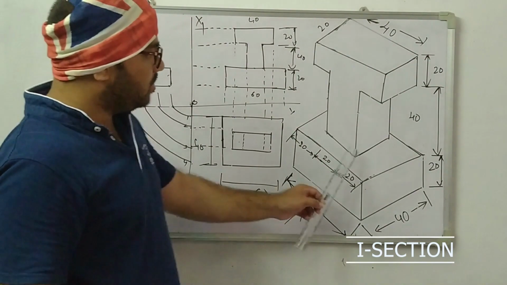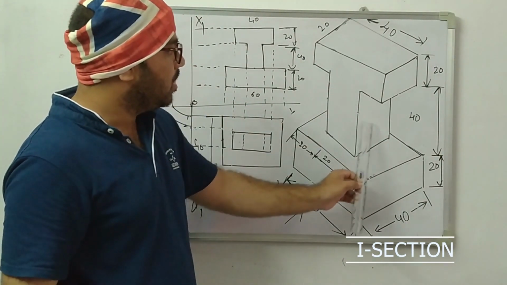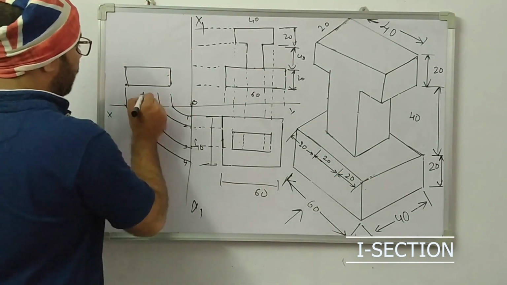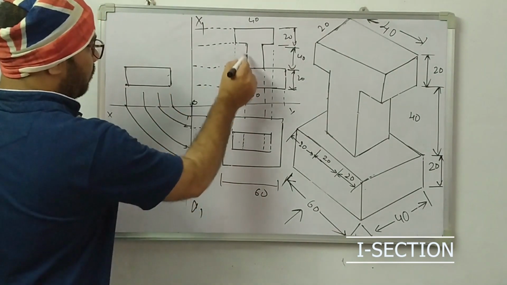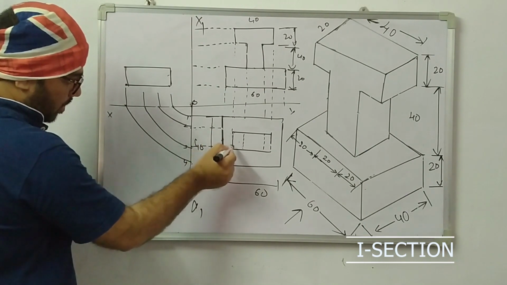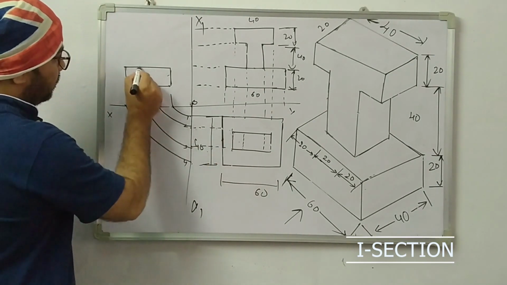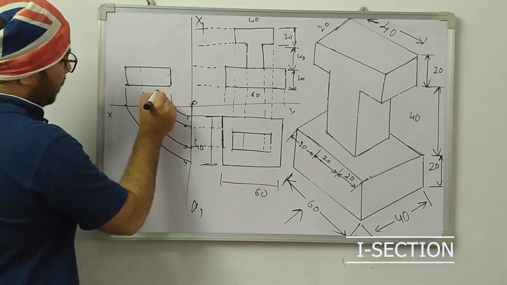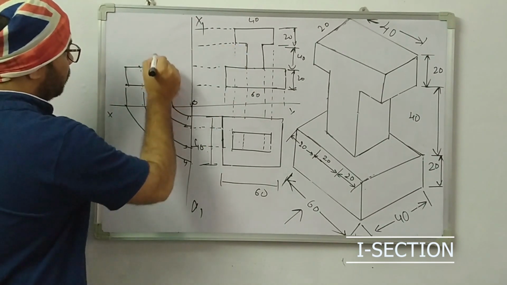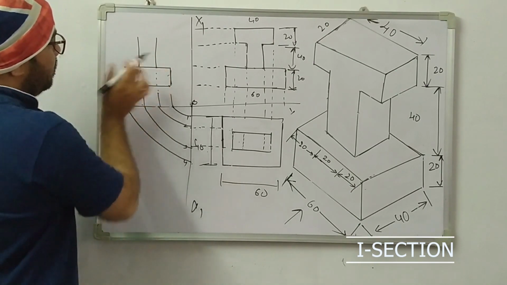Next, now I am watching this height 40 and what is this length? This length should be 20, here it is mentioned. This is 20, this is also 20. Now see here, this is a 40 height and this is also 20. Whatever these two lines are there, from here to here, this is the 20. So exactly, without measuring anything, simply you project it. So what is the height? This height is 40. So simply you are projecting the height 40 and the length is 20.